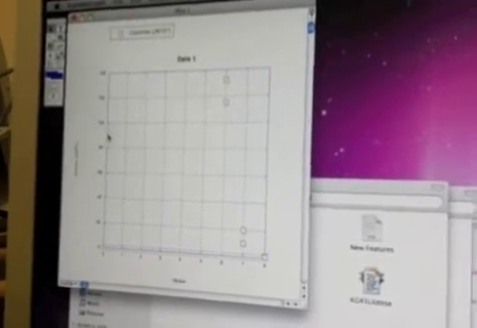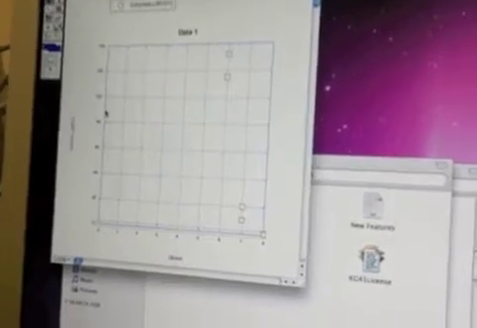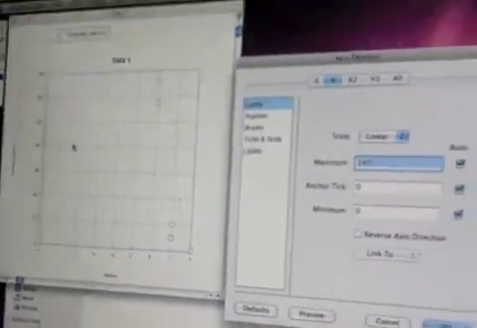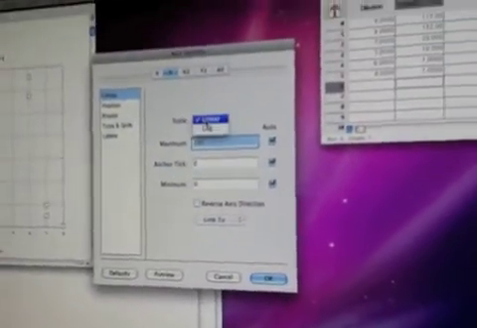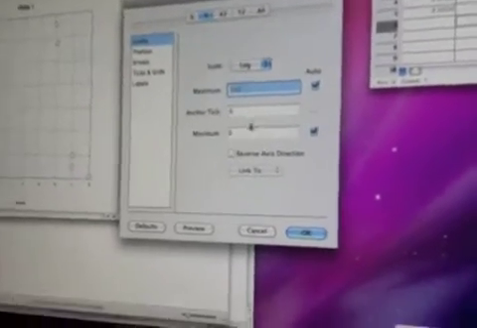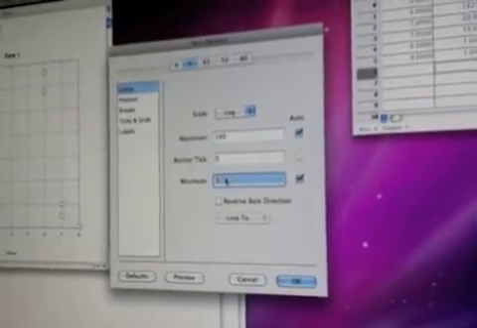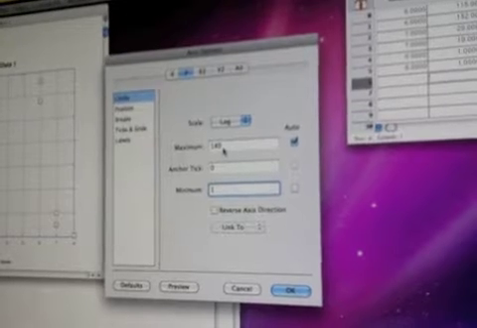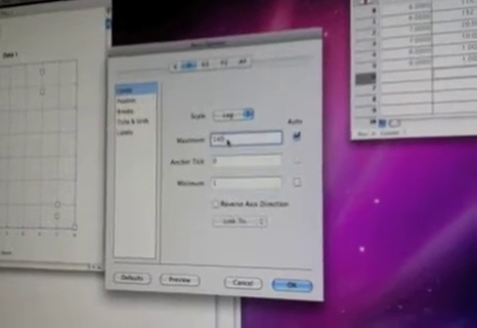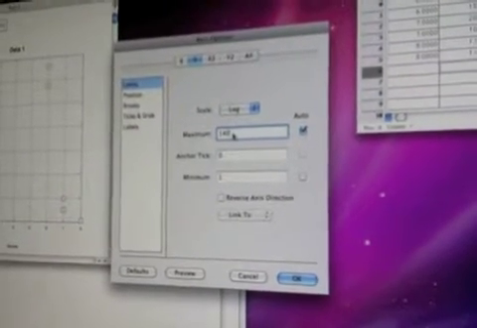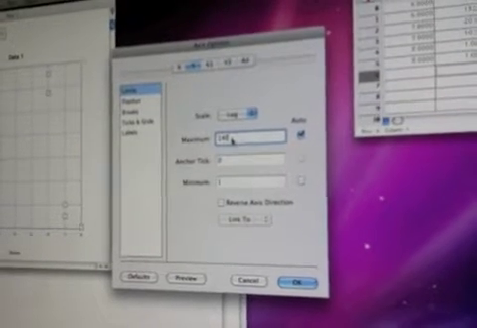So to do that properly, we need to change the y-axis as well. We're going to double-click there. We're going to go from a linear scale to a logarithmic scale. For the minimum, we want to say 1, because that's the smallest number. And then over here, to get a good estimate for the maximum number, you want to add to this number